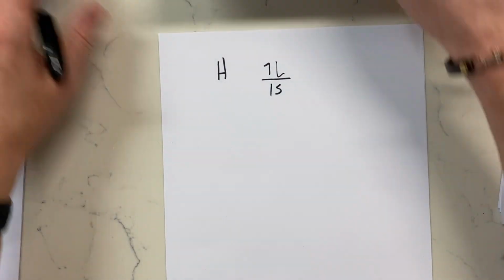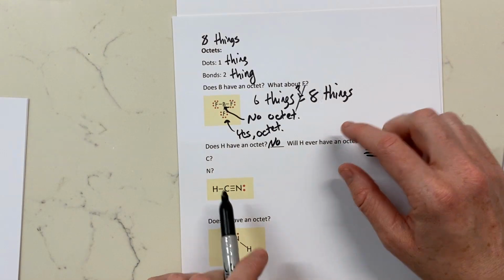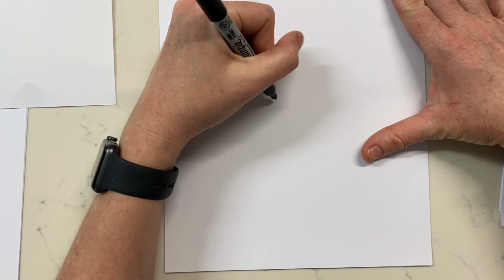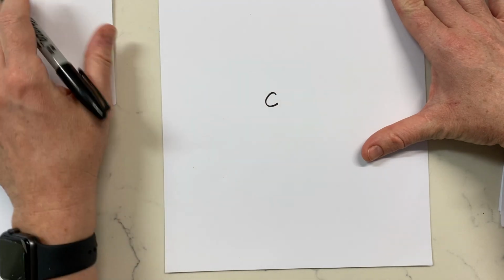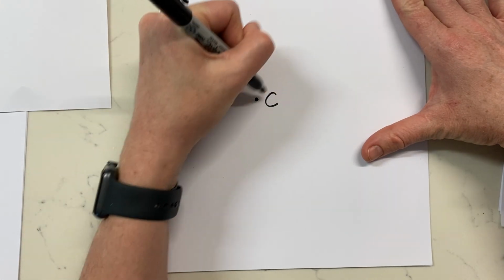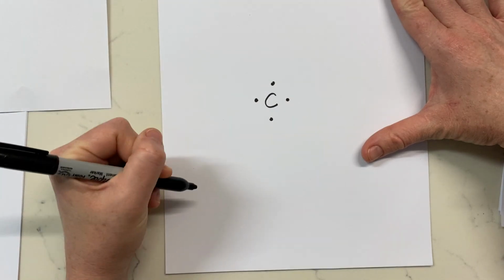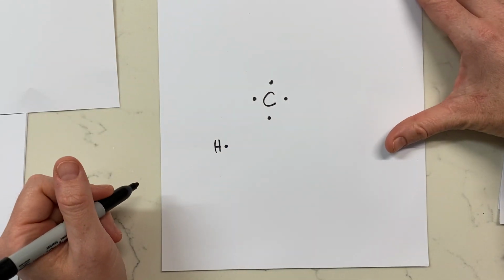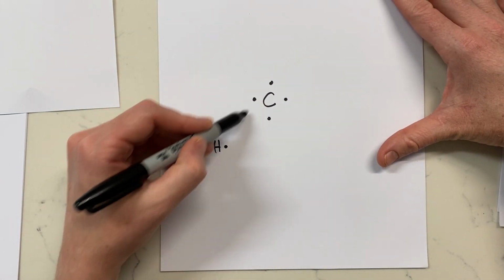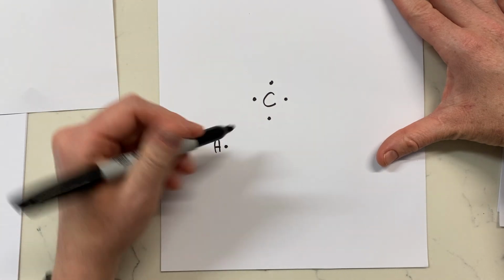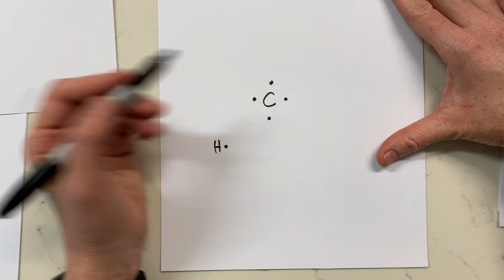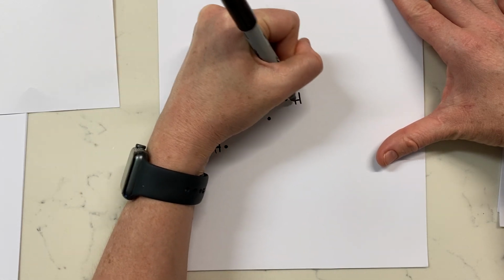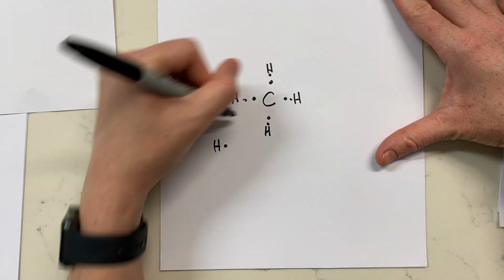So anytime we have a bond, what we're representing is 2 electrons. Now let me take it a step further, and let's look at carbon. So carbon, if you remember, has 4 valence electrons. So let's go ahead and draw those. 1, 2, 3, 4. Hydrogen has just 1 electron. In order to make a bond, essentially these electrons share. So carbon here can make 1, 2, 3, 4 bonds, and that's why it will react with 4 hydrogens and share